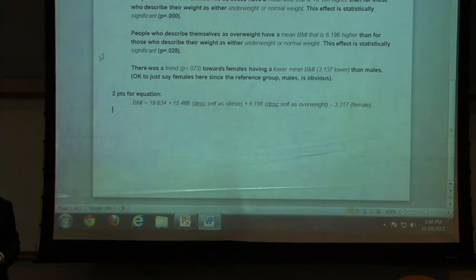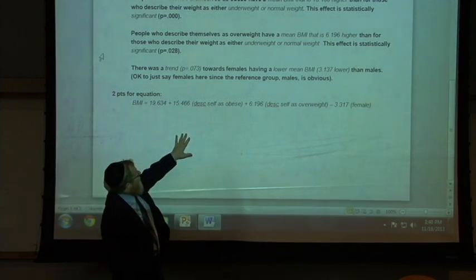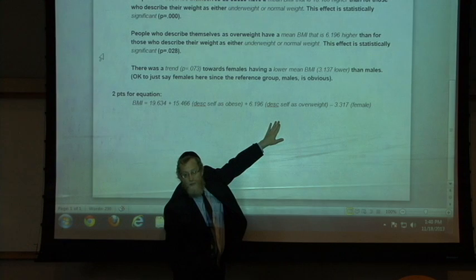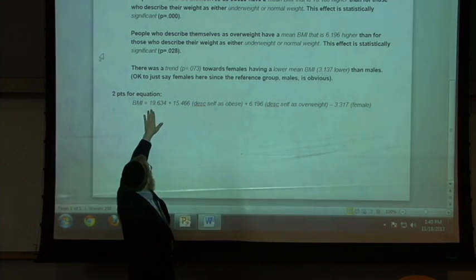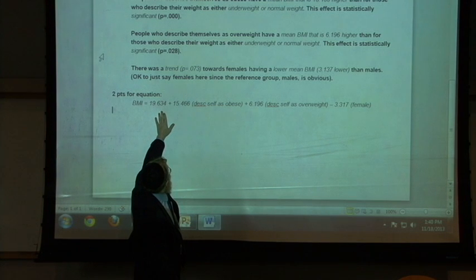So for a normal weight male, would you have to take out one of these and use it as a reference? So if it's a normal weight, as the reference, that means these two are both zeros. So for a normal weight person, it's this, 19.634,